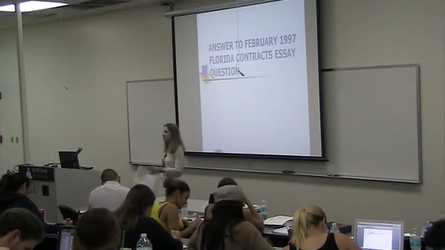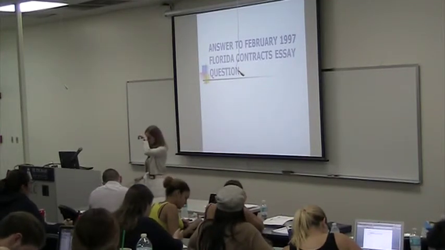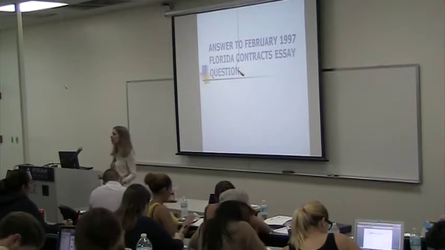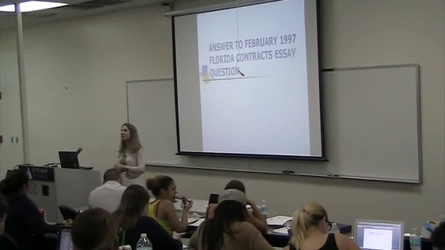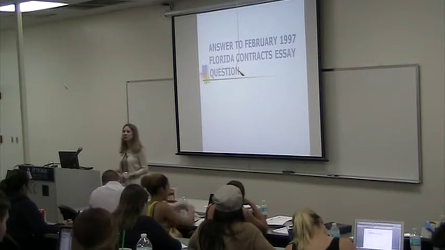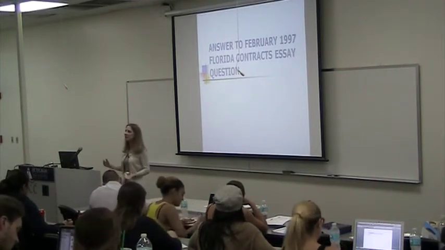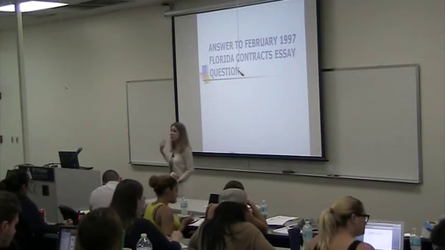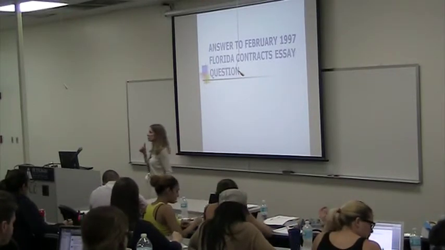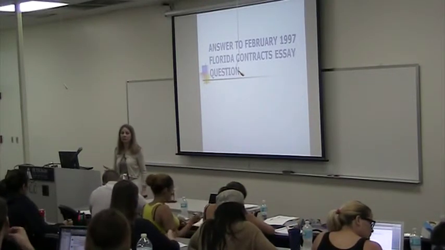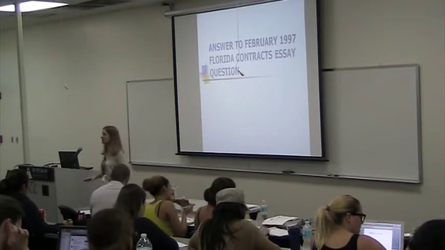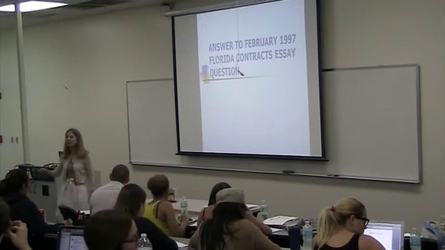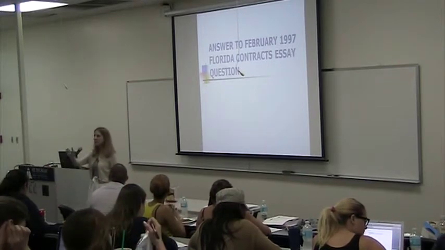Now, many of you have already done the Carrie and Paul and the Cakes and Things essay. And so it introduced you to the first question that you have to answer, even in a question like this one, which is pretty simple. First issue always is going to be what? Governing law. And the nice thing about contracts is that any contracts essay is going to follow the same arc,